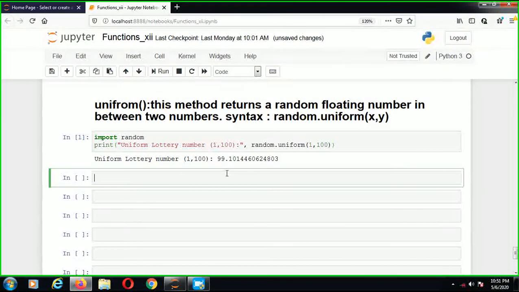How can we generate other selections? You can see that another function is choice. Choice is the next function, and this method is used for making a random selection from a sequence